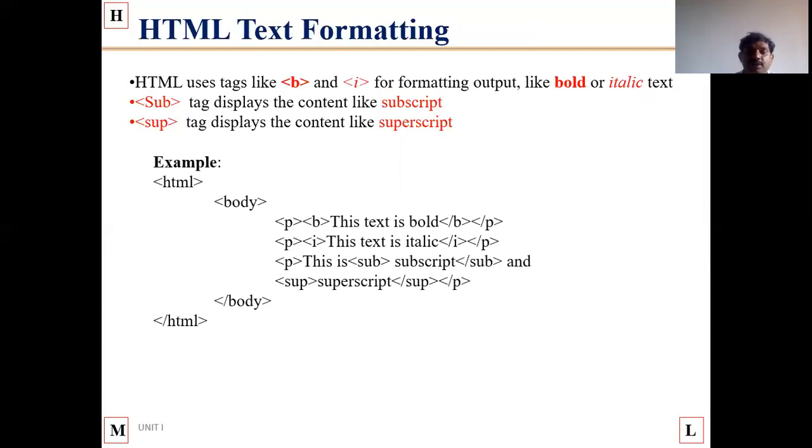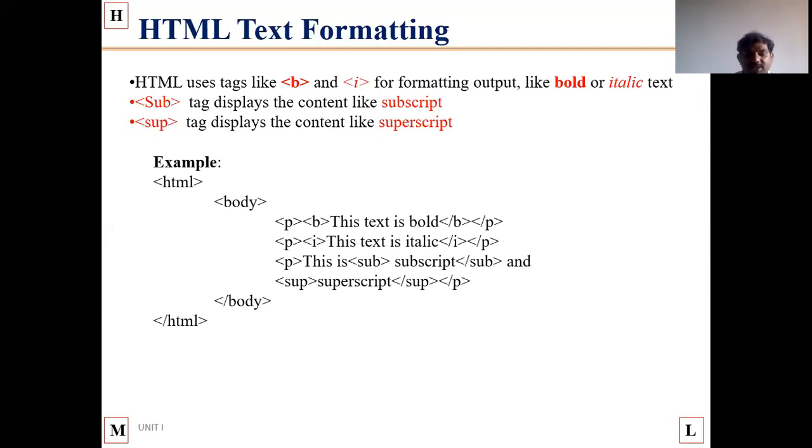Now in the example, I wrote an HTML opening tag and slash HTML closing tag, and body is the opening tag and slash body is the closing tag. Now I am using P means paragraph, B means bold. This text is bold, closing with slash B and slash paragraph. Next P means paragraph, I means italic.